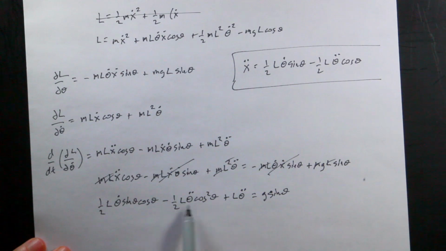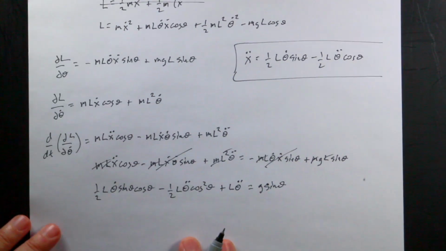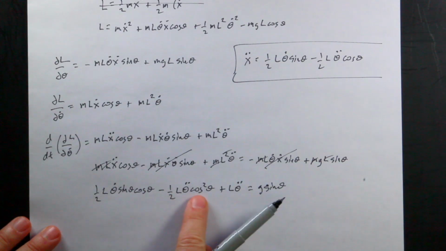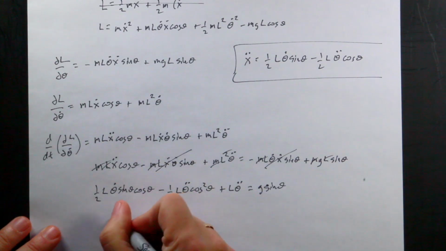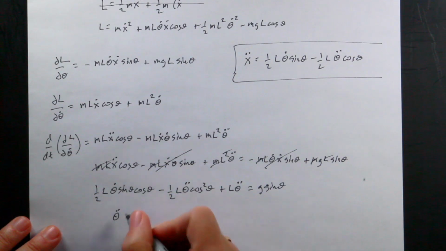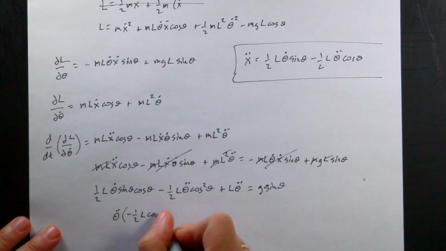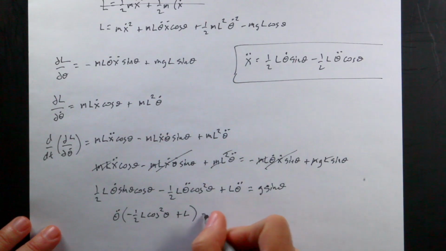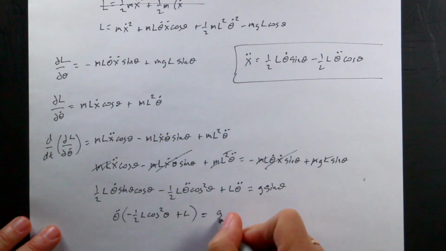So I have two terms with a theta double dot. That's what I want. Let's subtract this from both sides and then factor out the theta double dot. So I get theta double dot times negative 1/2 L cosine squared theta plus L equals G sine theta